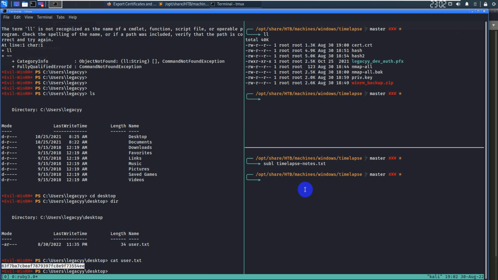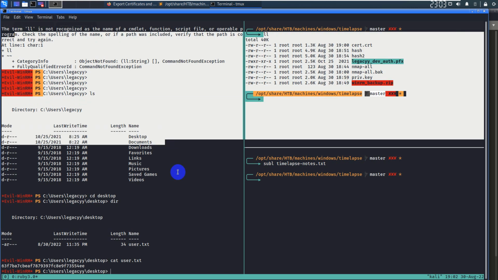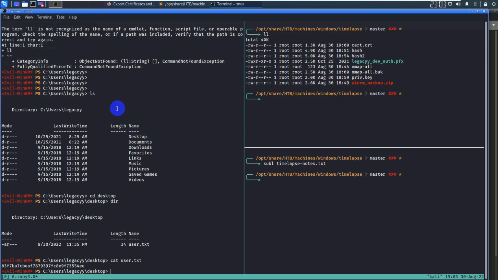So we're able to do half of it. We have the user flag. Now what we have to do is go and try to get the root flag. To do that, we have to move laterally into another user. So if you go back and check the users on the box,